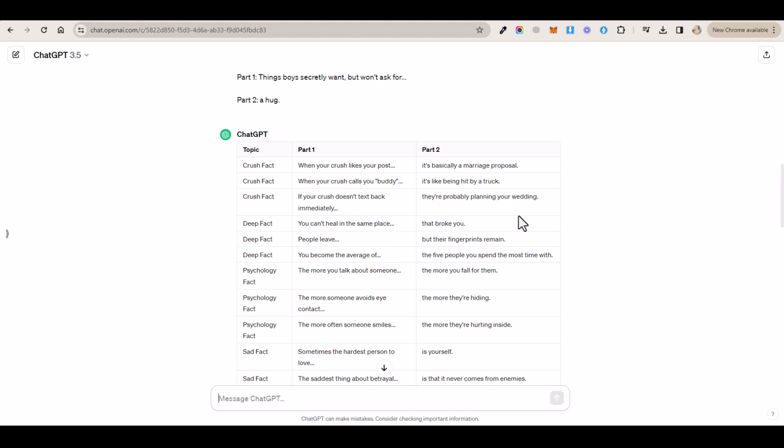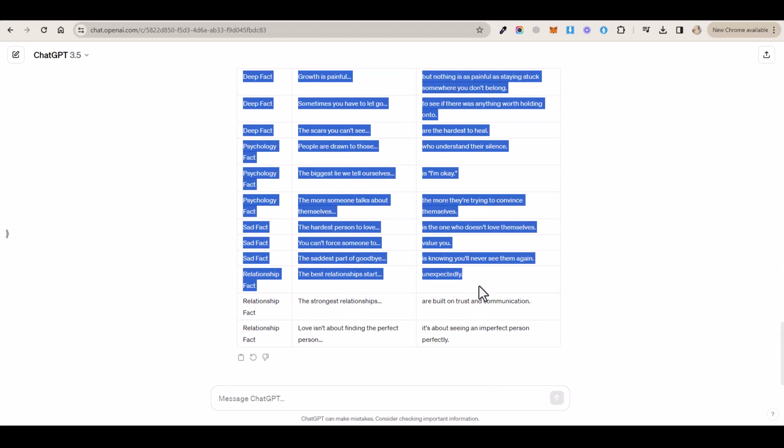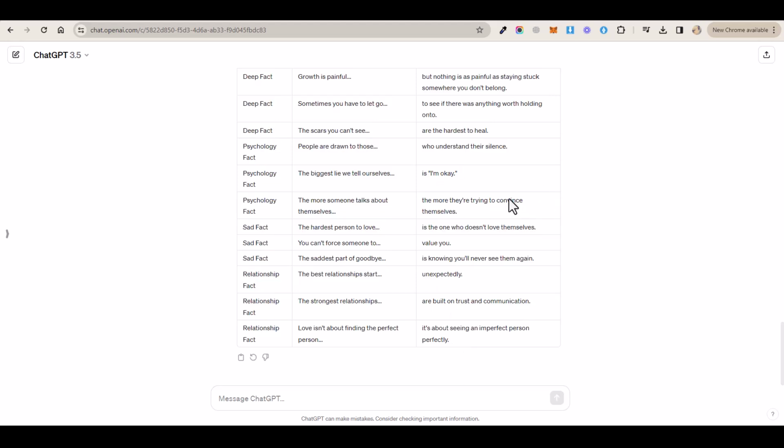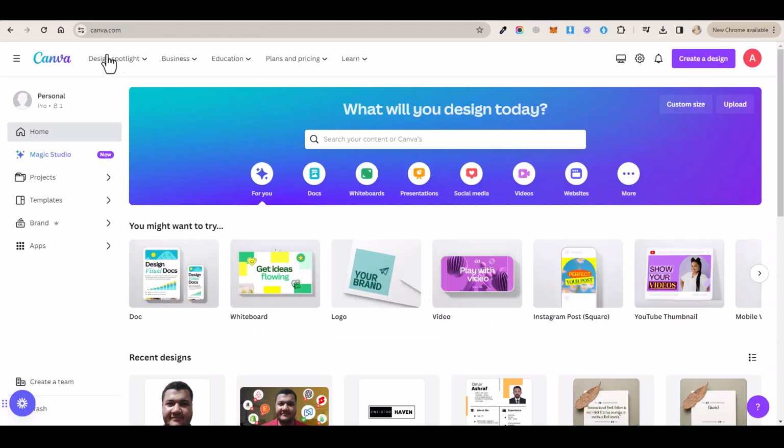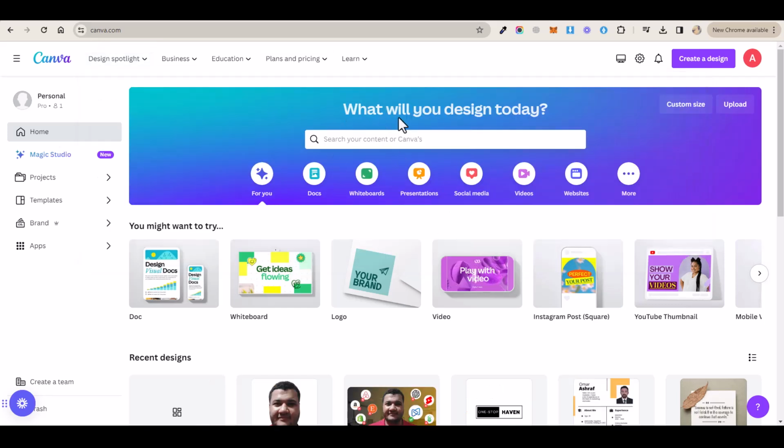So that's it. What we're going to do now is copy everything we have here. So let's copy this entire table and we're going to move on to our next tool, which is Canva.com. And we're going to use this tool to do some automated editing, so we can put this all together and create tons and tons of videos at once. And you're gonna see here, I'm gonna be able to generate 50 videos with just a little bit of tweaking